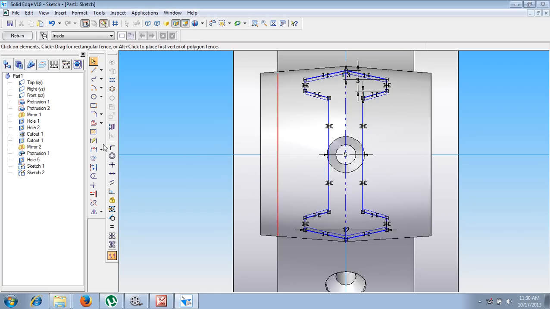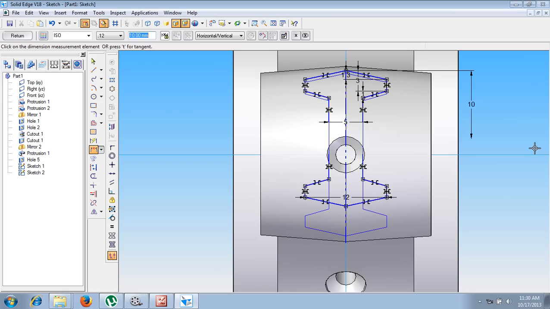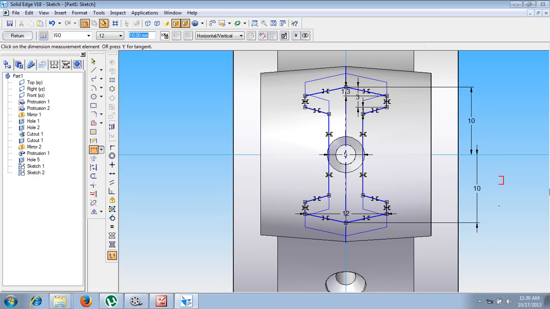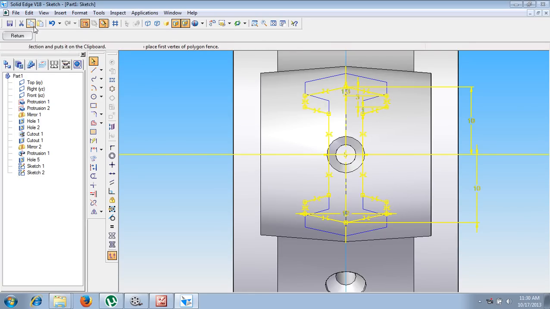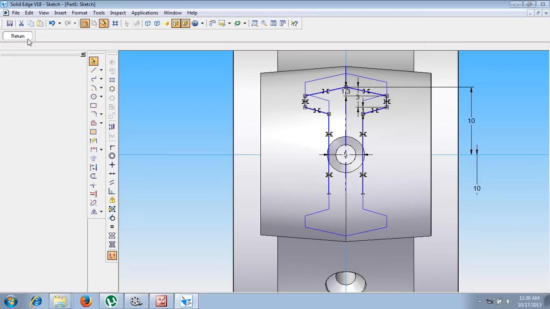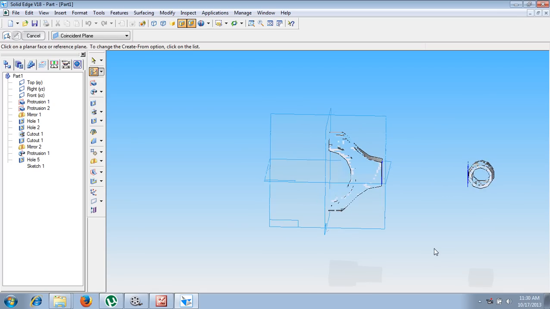Now after giving all the necessary relationships, let us recheck what is going to happen. Now it is given as 10. Now you can see at the bottom it is moving. At the bottom also let us give it as 10 only. Now let me check it out. Yes, now it is coming properly. After we are getting this proper sketch, let me press Control A once again, then copy this sketch, then say return. Now you can see one more sketch has been completed at this phase.